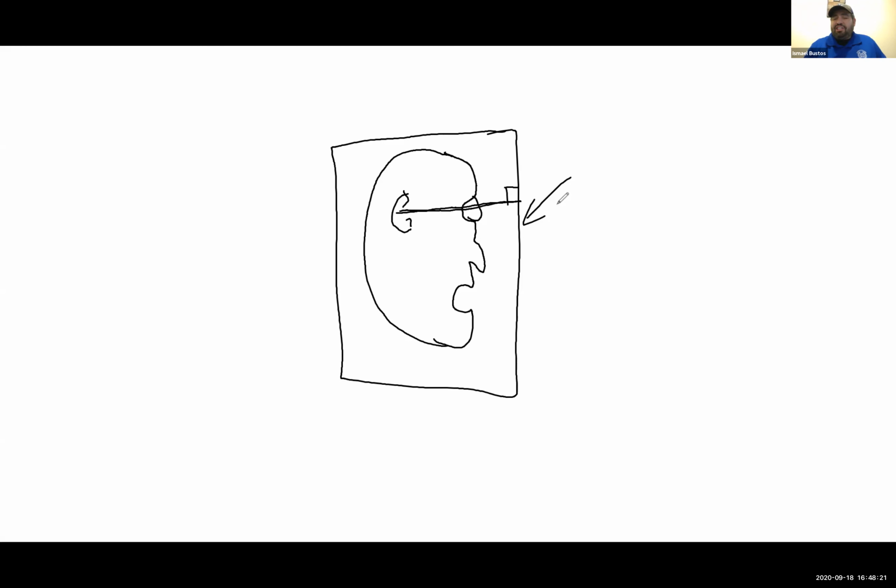The last thing is the GAL. And the GAL, remember, is a line that goes from the glabella to the alveolar process of the maxilla. That line needs to be parallel to the front edge of the image receptor. All right, so